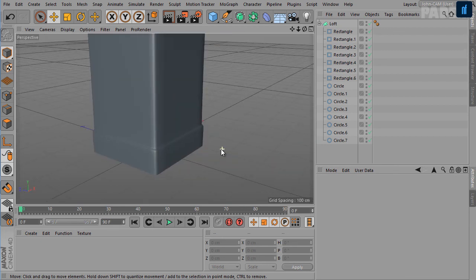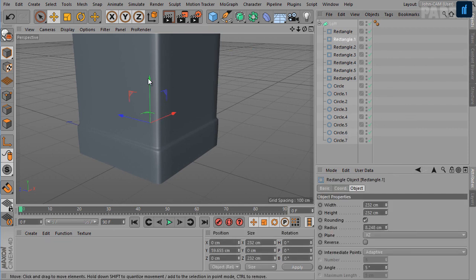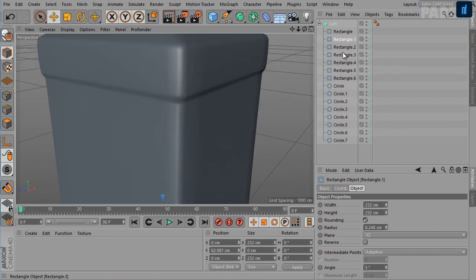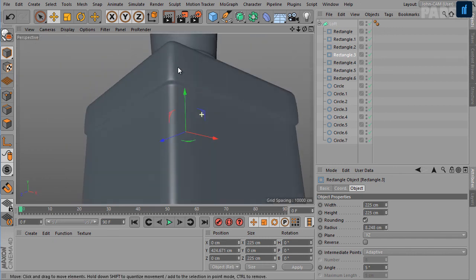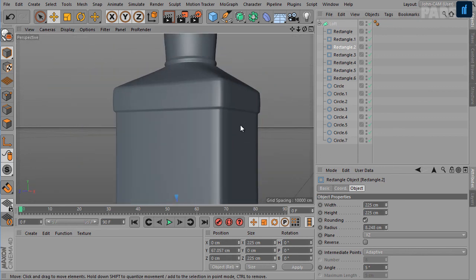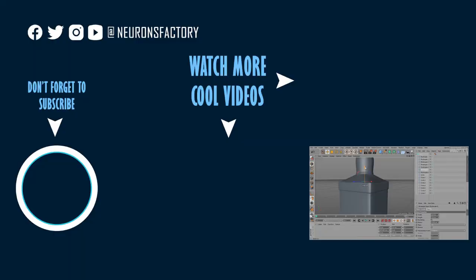Now you can always go back and adjust the shape if you want to create sharp corners here. Okay, so this is our final product.